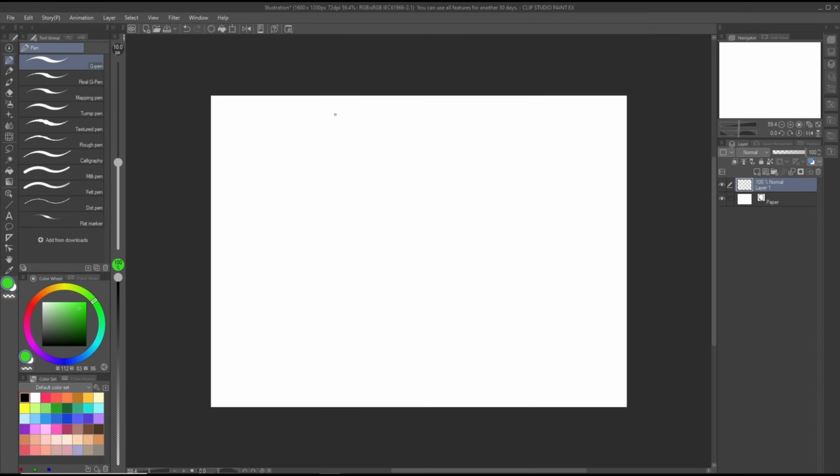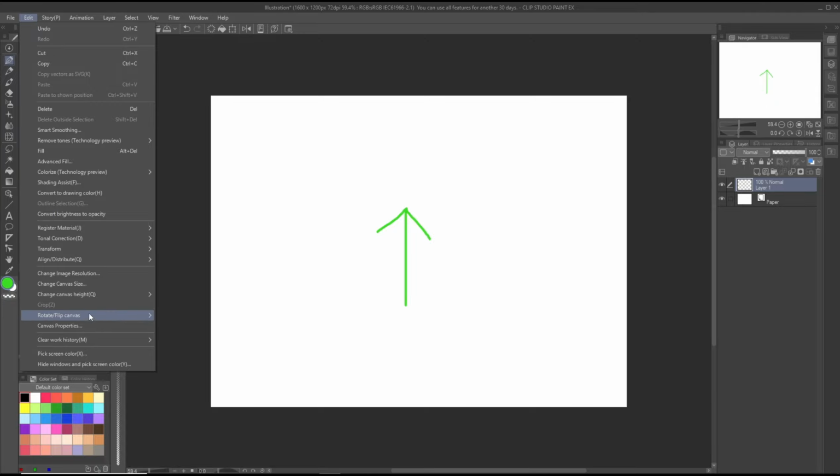Hello everyone, today we are going to learn a basic Clip Studio Paint tutorial on how to rotate the canvas. So for example, I will create a simple sketch. Okay, created here. Now if you want to rotate this canvas, you can go to Edit, click on Rotate or